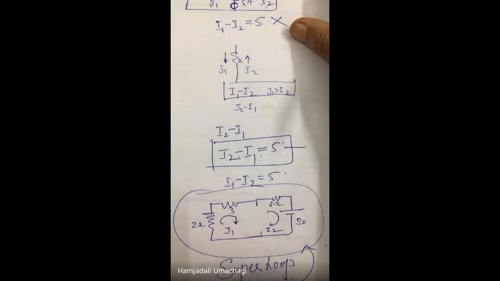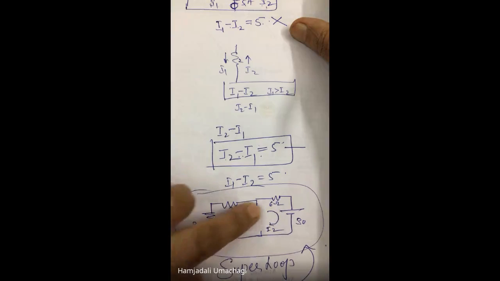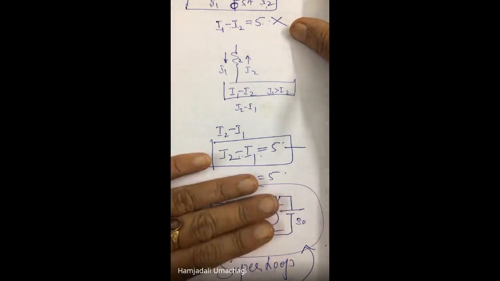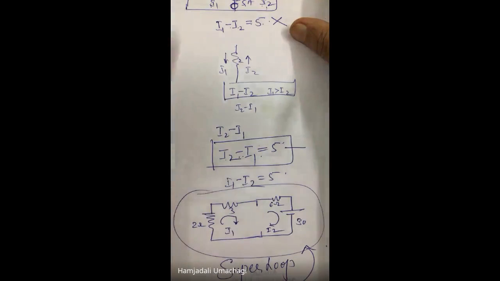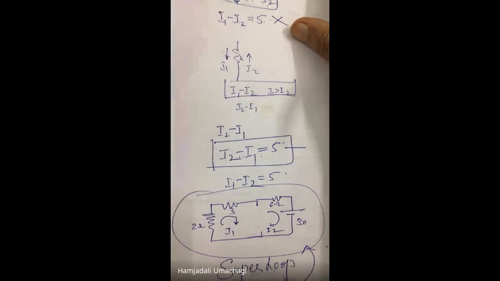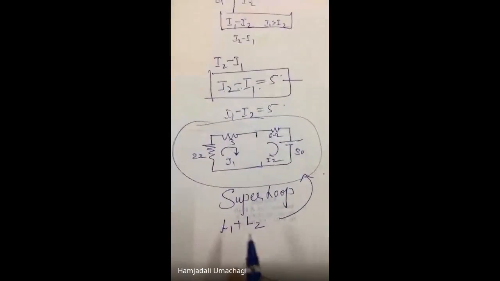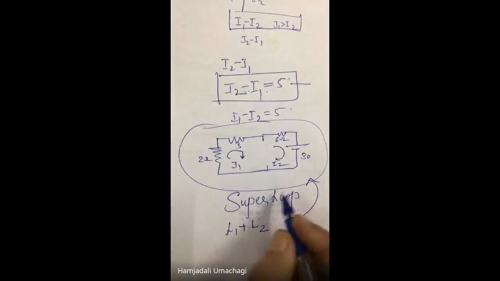Why is it super? Two loops are there in this circuit. Here two loops are added together, so it's super. Okay, capacity is more, so that is a super loop. What loop is it called? Super loop. See, we have to follow the same technique that we used for a circuit without a current source. Okay, I am going to write a KVL for this loop now, for the super loop.